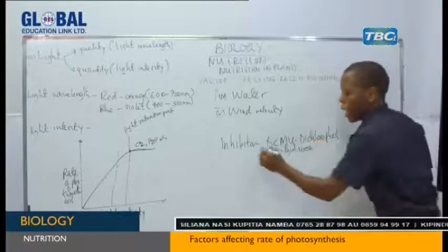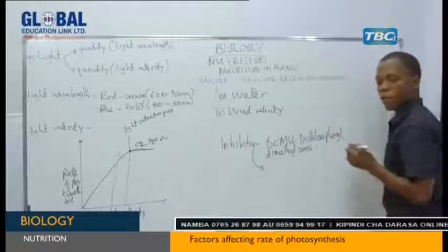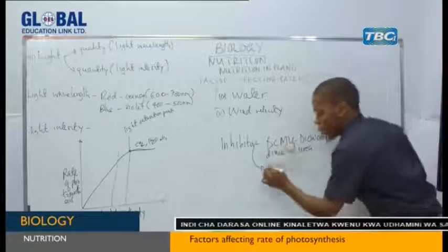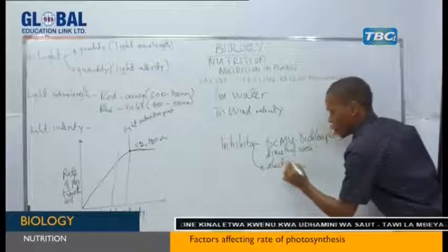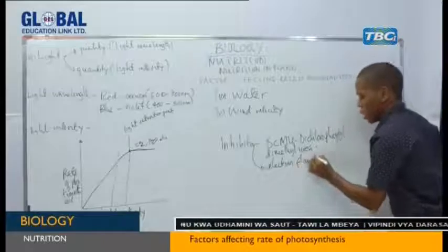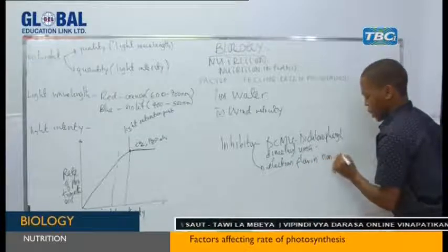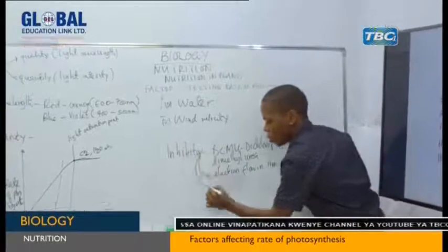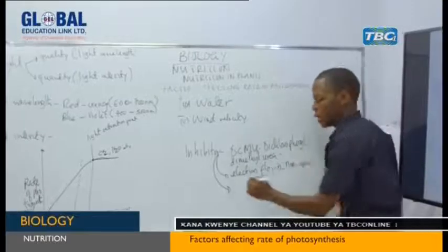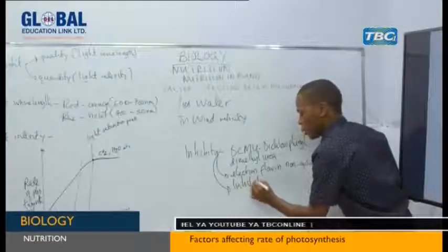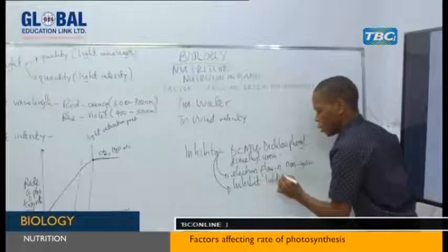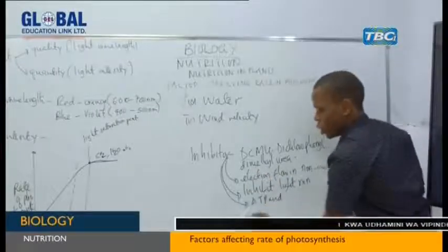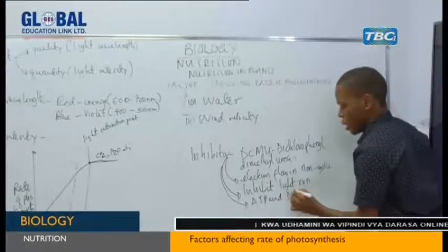Okay, this inhibitor has a tendency to affect the flow of electron movement in non-cyclic photophosphorylation. Therefore, we are saying it tends to inhibit the light reaction. Once this light reaction is inhibited, there could be no ATP and reduced NADP,